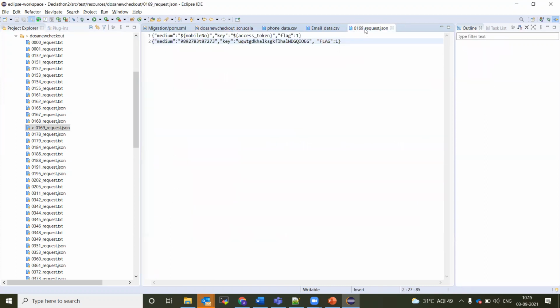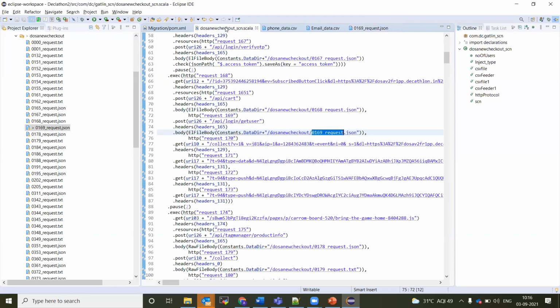It's a chain process. So feeders we will pass to the scenario, and then the request number will go to the request body file, and in the request body file we have that particular column name, and then it will fetch that data from the CSV file. As Arun told, it will go as random, sequential, or circular. It will circulate through all these things, and then it will generate the results for us.